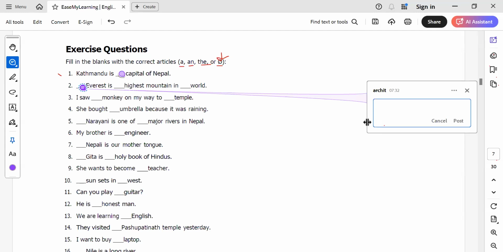We have multiple answers now. We can announce the correct answer. The first dash will be nothing, because we are referring to Everest, and we all know what Everest is. There's only one Mount Everest. If we had an option of Mount, we could have put Mount, but we don't, so the first dash is nothing. The second dash is the highest because